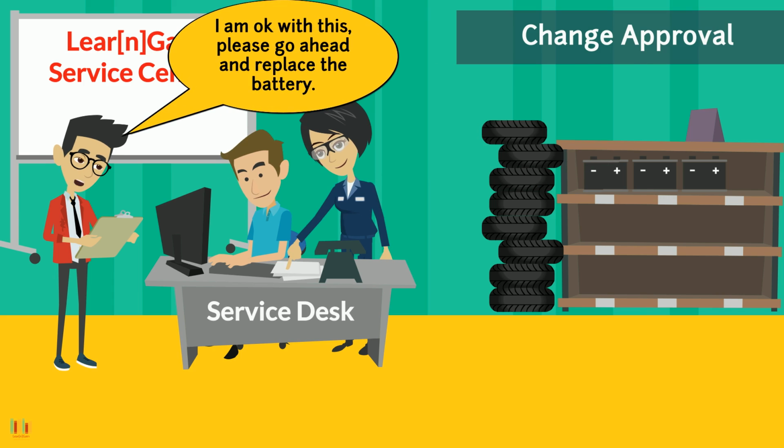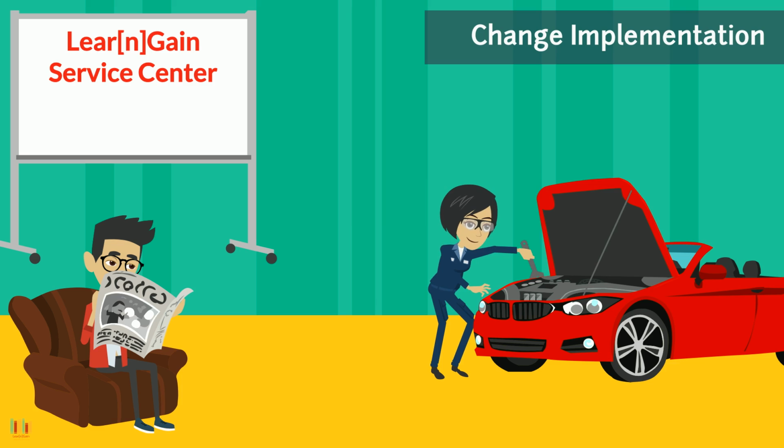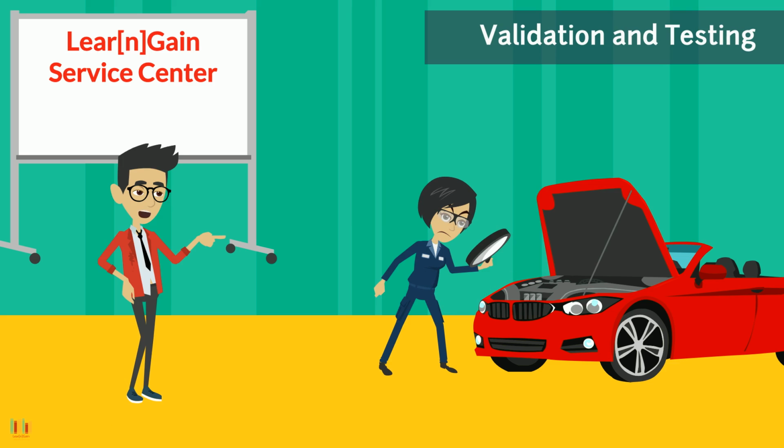This step is the change approval. Here customer reviews the plan, cost, any risk associated, mitigation and so on prior giving approval for change implementation. Post-approval from customer, the mechanic replaces the battery in the car. This is change implementation. Once the change is implemented, it is validated and tested, to see if the desired results